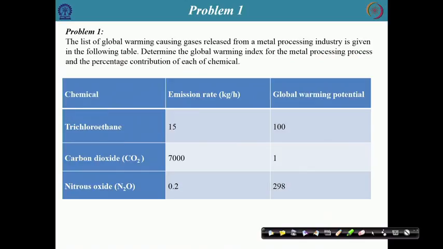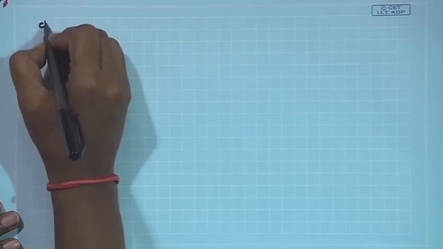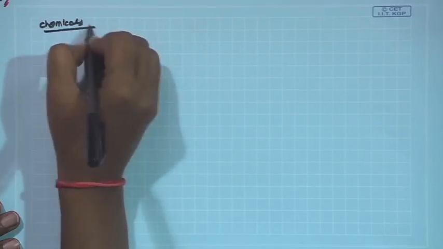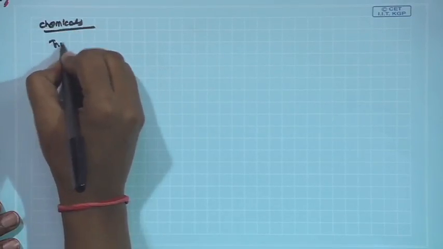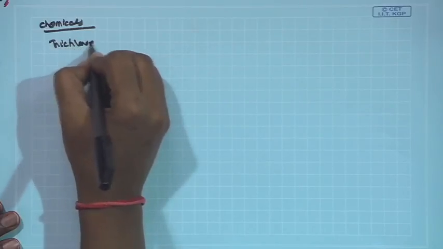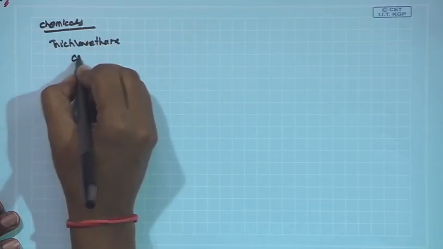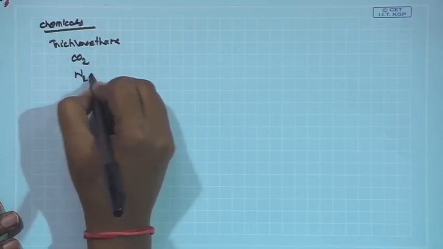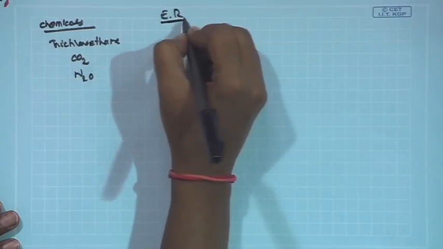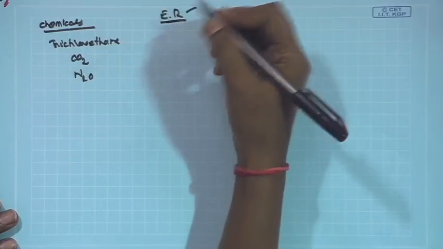The first problem is related to global warming potential. The question is: the list of global warming causing gases released from a metal processing industry is given in the following table. Determine the global warming index for the metal processing process and the percentage contribution of each chemical. The chemicals given in this problem are trichloroethane, carbon dioxide and nitrous oxide, and the emission rate is the rate at which pollutants are emitted